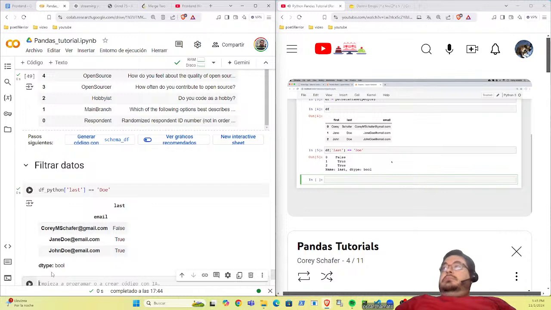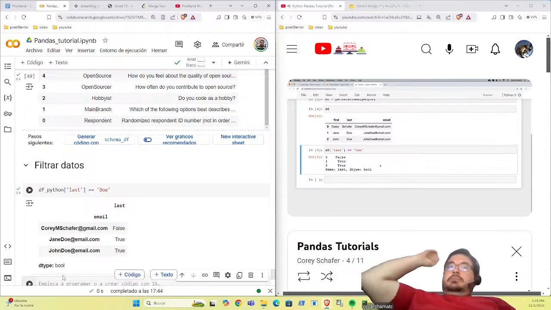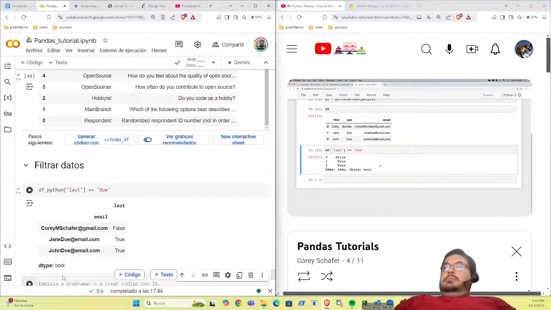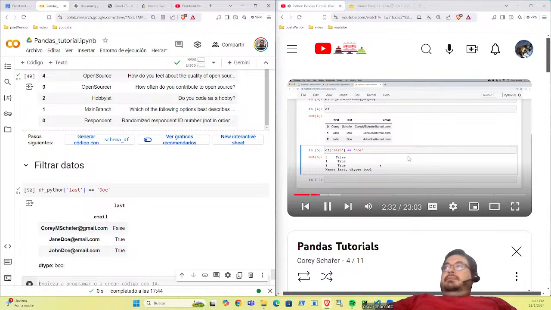So you can basically think of this like a mask. We can see up here in our simple data frame, the last name of Schaefer is false, and these two last names here with Doe are true. So this is a filter mask, and when you apply it to a data frame, it will give you all of the rows that meet that filter criteria. So now let's